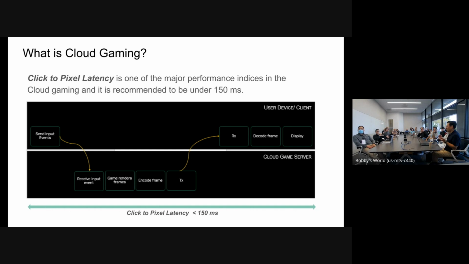We just need a single unidirectional video. So we measure the click to pixel latency, which is more proper for cloud gaming. That is one thing unique for cloud gaming compared to video streaming.